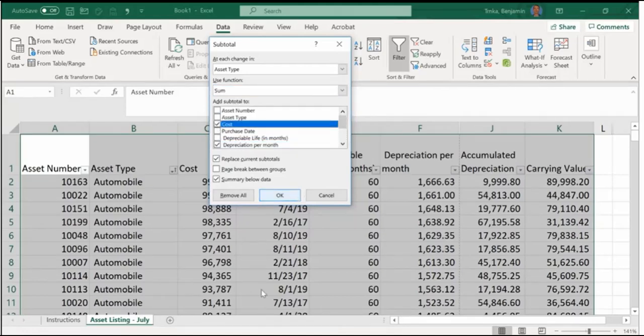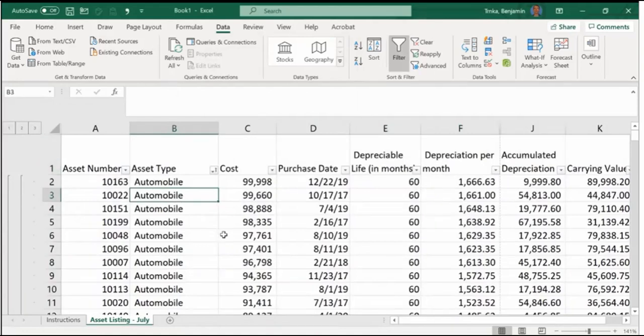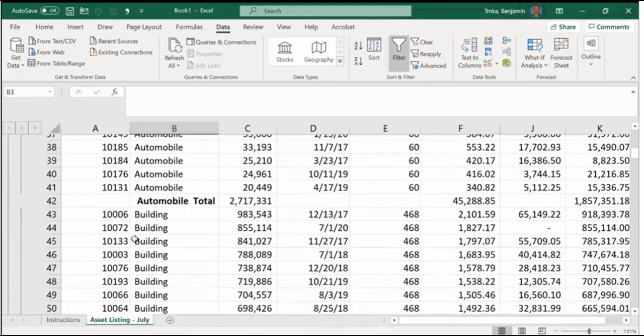Yep. And so now if I hit OK, it's not going to look like anything changes too much, but notice everything will move over to the right, and they'll put in some secrets over here, I guess I would say. So it looks like nothing's changed, right? But you have to go up and now click on the one or two or three. And what view are we in right now?